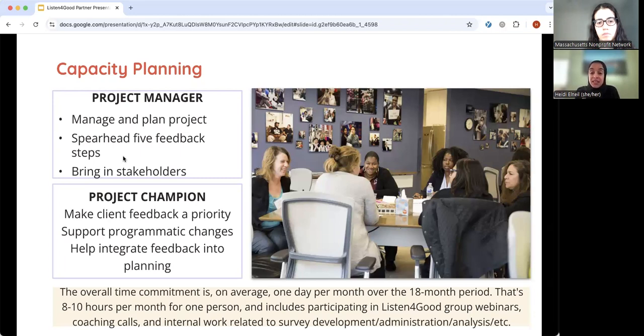And so this is not the time that you're just taking with Listen4Good. This includes all of the time that it takes to develop a survey, to get it out in the field, to monitor those responses, to do the analysis, to share the responses back. All of that takes time. So really thinking about when does your staff and who on your staff has the capacity to do this work